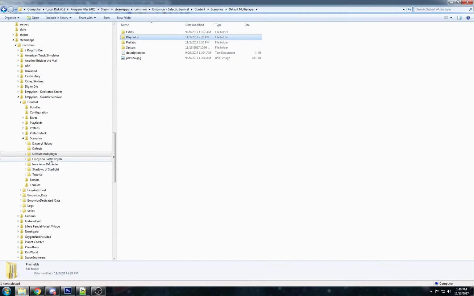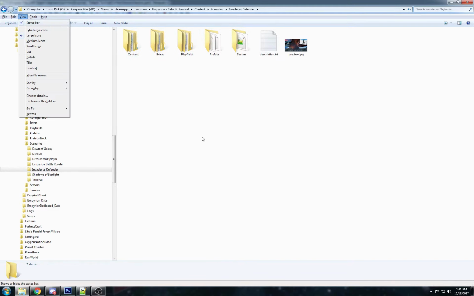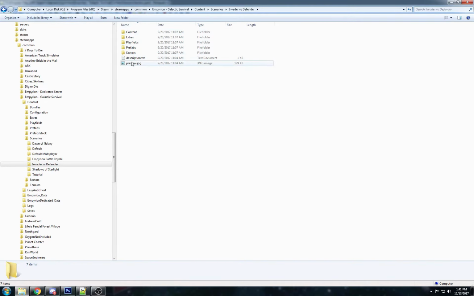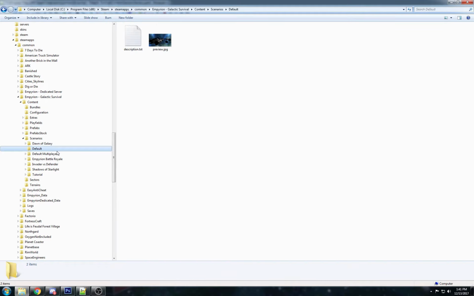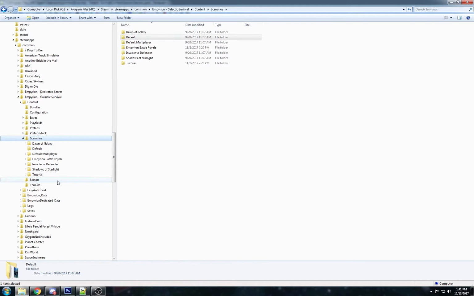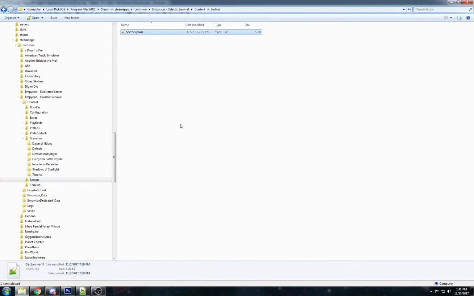So you can create your own by adding one in here and just saying, okay, we're gonna add a folder. We're gonna include all of the different things that you need. So just follow that template and you'll be able to add your own. But we are going to look at the default scenario, which uses this